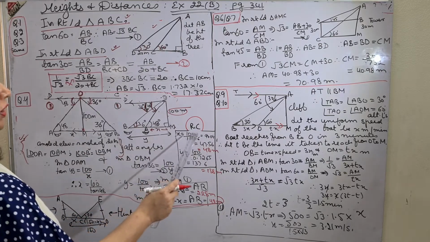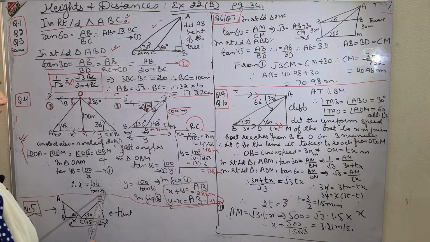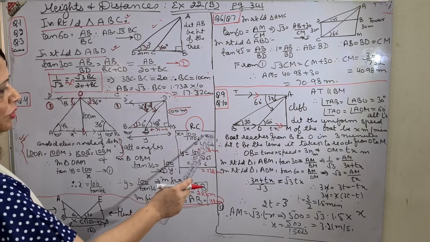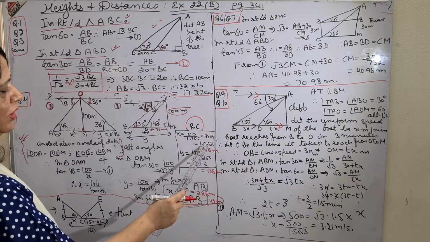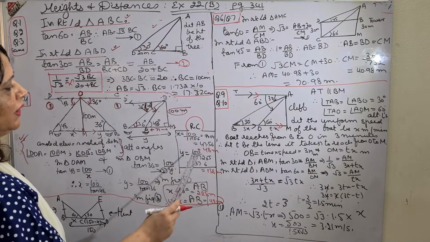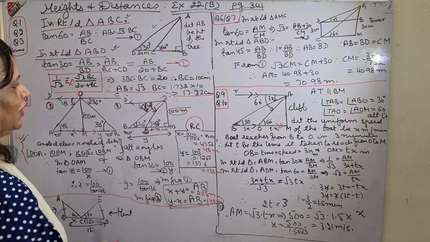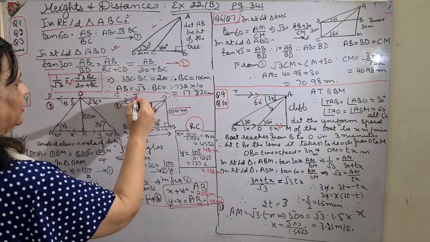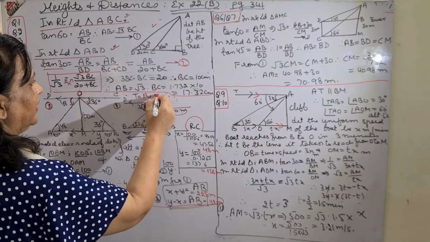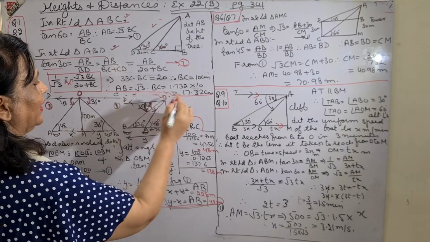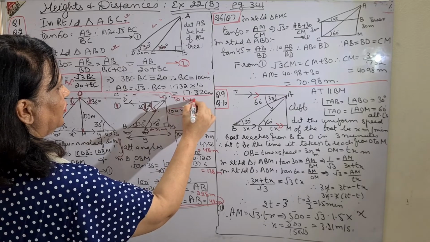So x is equal to 100 upon tan 48. You see from the table at the back before the answers, you will get this value. Please do this in rough column. And then again, y is equal to 100 upon 0.7265. Now see, in the question it is written to the nearest. This also carries 1 mark. I am writing it there at the top so that you don't forget it.